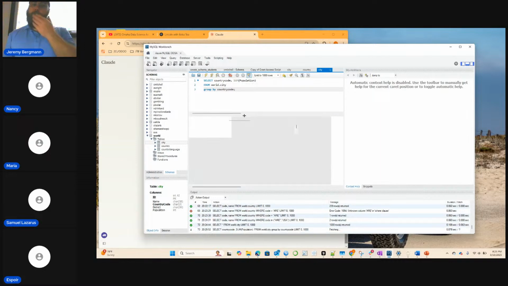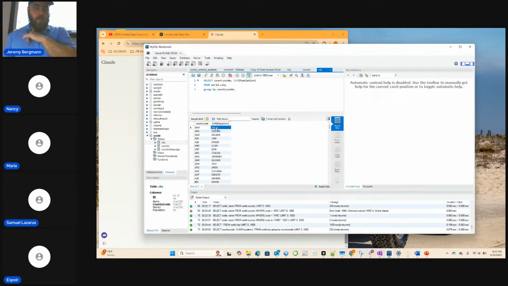Let's go ahead and run it. So we have Afghanistan, and you see how it's returning them. Also, this would be summing over all the cities in Spain in your country code.